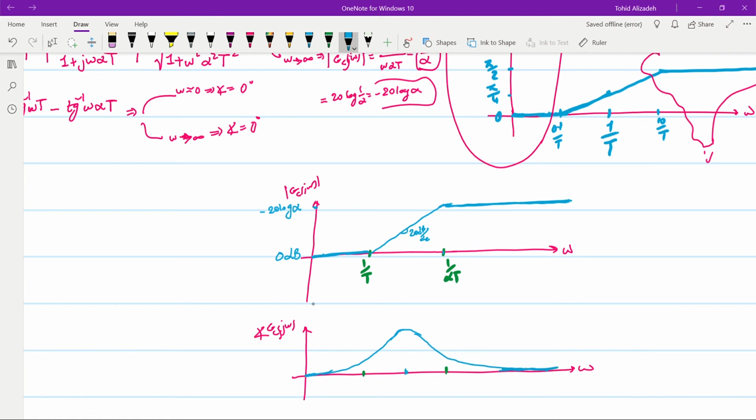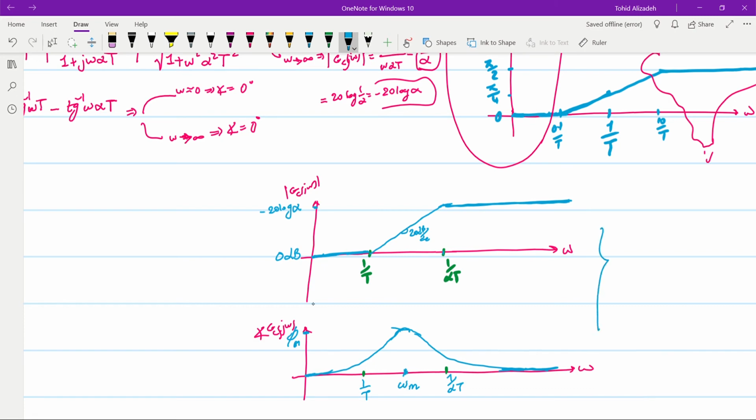The frequency at which the phase reaches its maximum value is called omega m. We have 1 over alpha T here, 1 over T here. And the phase itself at the maximum is called phi m, the maximum phase that we have for this system. And we have relations between the maximum phase and alpha,